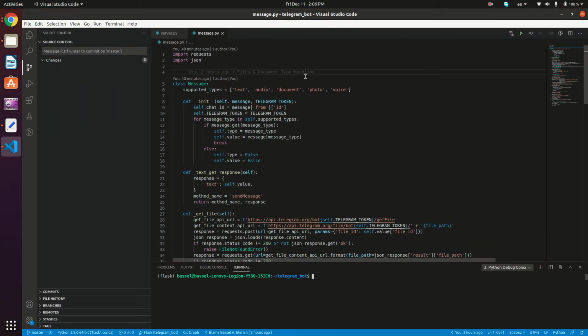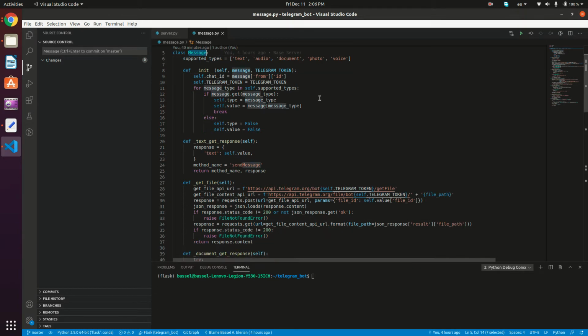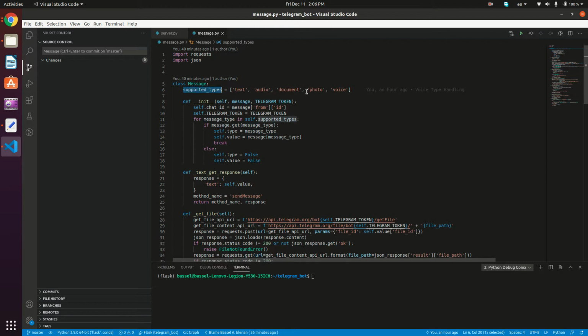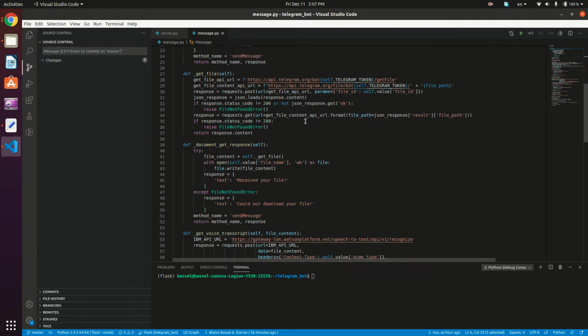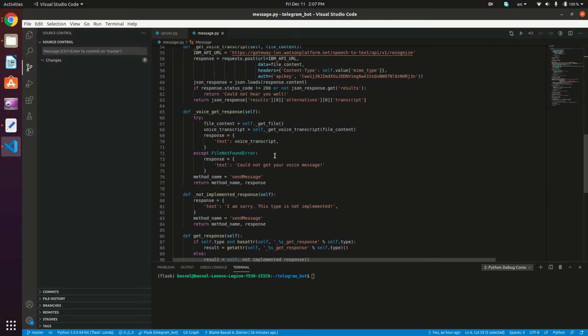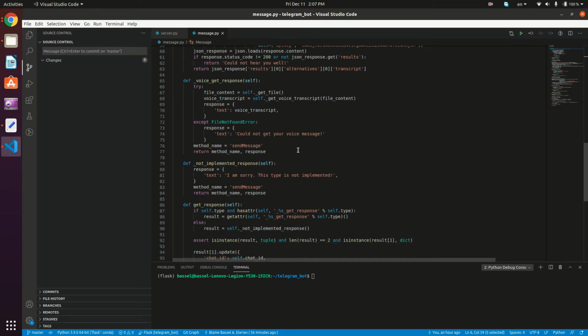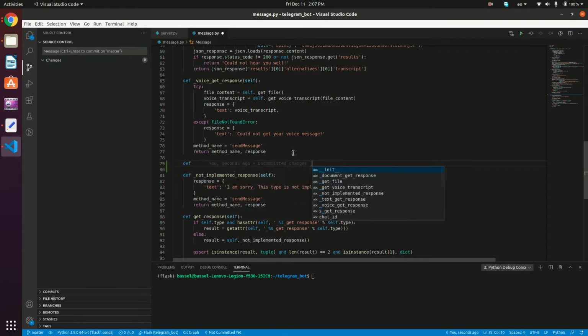This is the VS Code project that we've been working on, and here we have the message class and our supported types. In this video, we'll be implementing this photo type here. What we're going to do now is define our get response method. Right here, I'm going to type def _photo_get_response, and it's going to take self as a